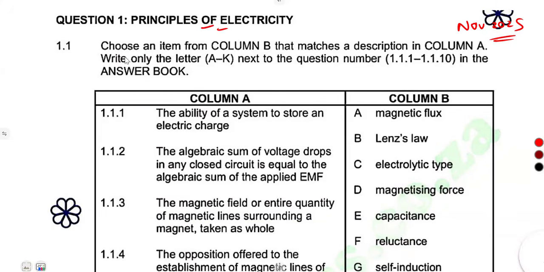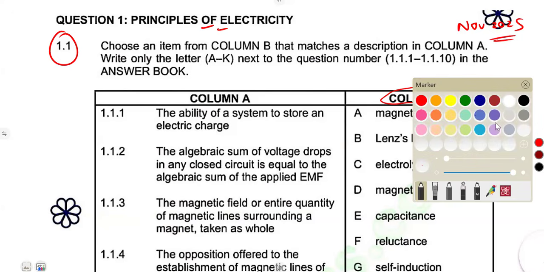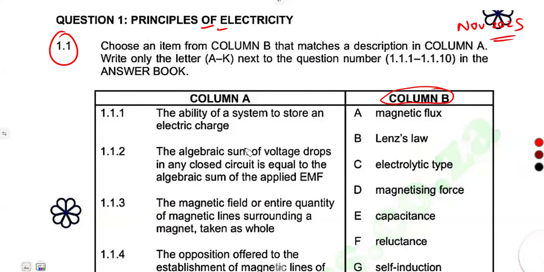Electricity. So the first part that we are given on 1.1, you are given to choose an item from column B, all right, that matches a description in column A. So your answers must be from column B, which matches the description that you're given there. Write only the letter A to K next to the question number in the answer book. So we're just going to write the letters. All right, let us start with